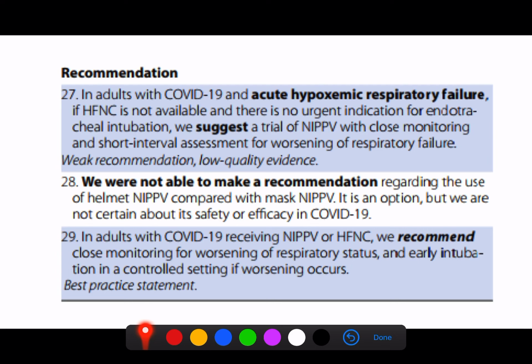Interestingly, they made the specific point of not making a recommendation about the helmet non-invasive positive pressure masks as opposed to the simple face masks. The reason for that is a lack of experience amongst the group of people doing this guideline, and I must admit myself that I haven't got a lot of experience with the helmet either,